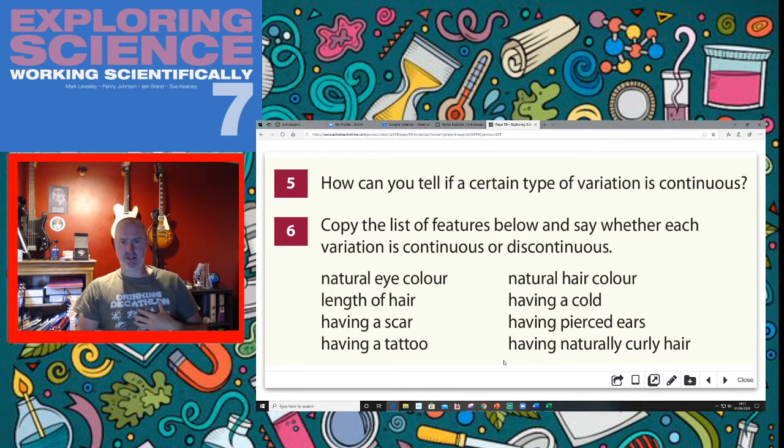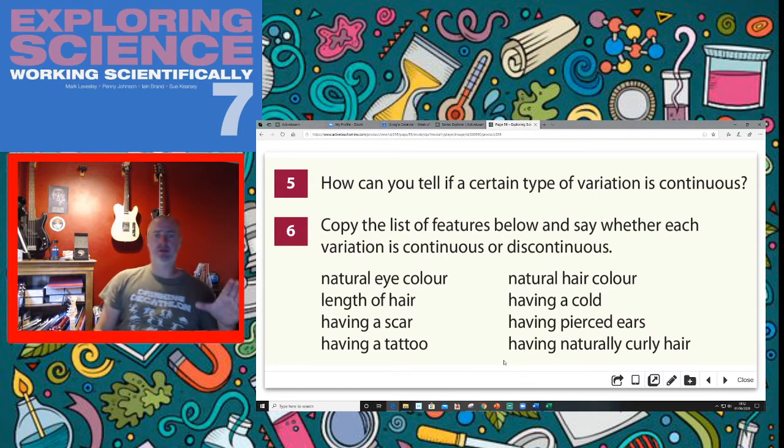Weight can also be affected by environmental factors. You know, if I choose to eat 10 donuts every day for breakfast, I'm going to have a different body weight or body fat to someone that chooses to eat 10 apples every day for breakfast. So not all our differences are inherited. And what we find is as we get older and older, those environmental factors kind of build up, if you like. And even identical twins can end up looking quite differently when they're a lot older, if they've lived a very different life. So to summarise, we have variation being inherited or environmental,